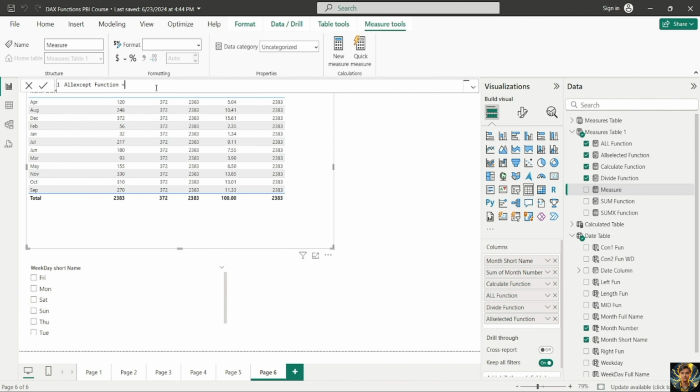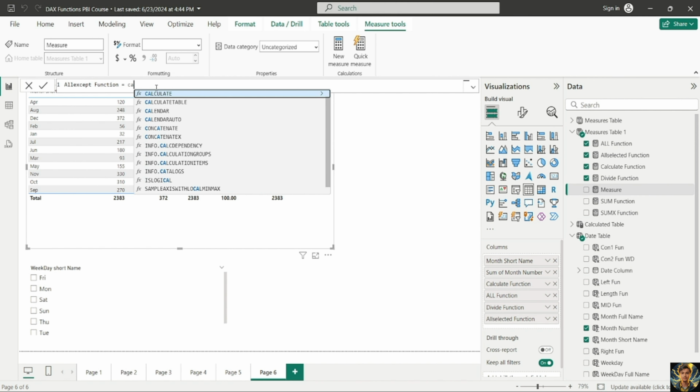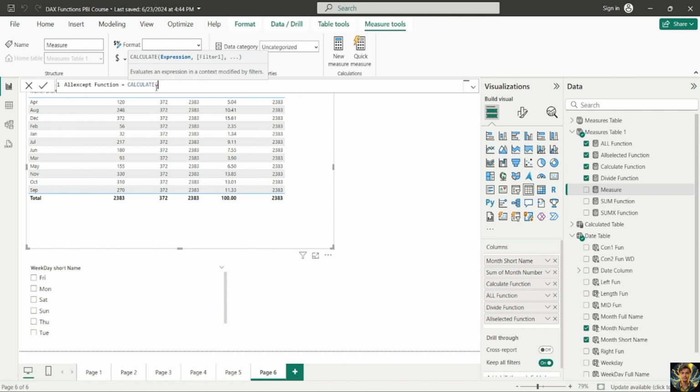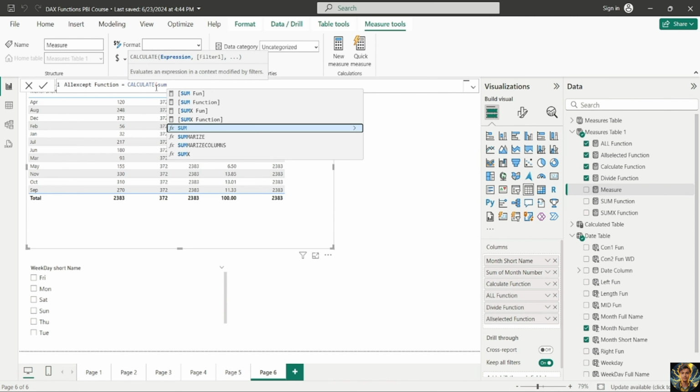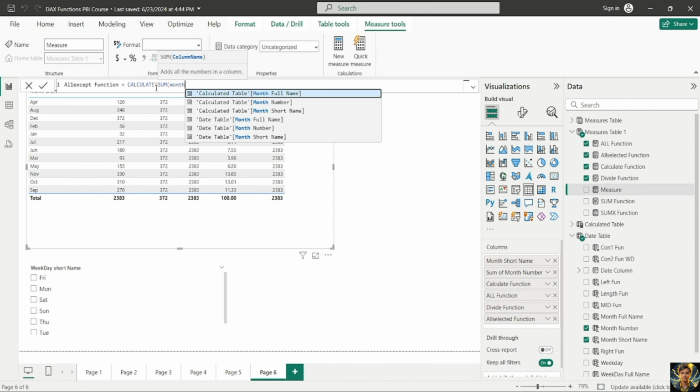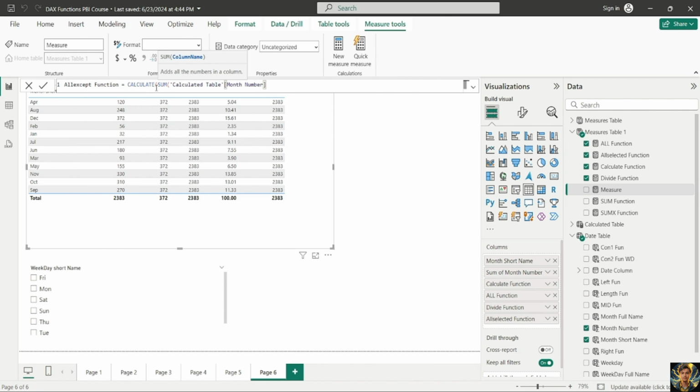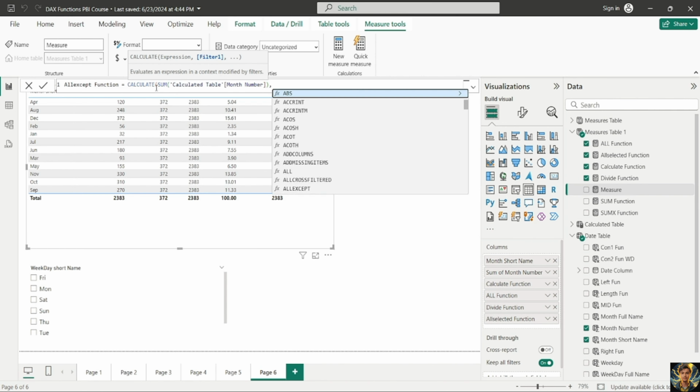On the right hand side of equal to, we will again use the calculate function, because these functions can be used with calculate functions to modify the context in which an expression is evaluated. So we will simply write sum of the values contained in the month number column, close the bracket, close the sum function, comma. Now we will write ALLEXCEPT